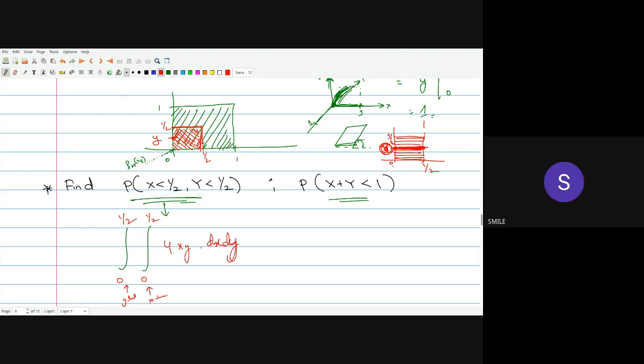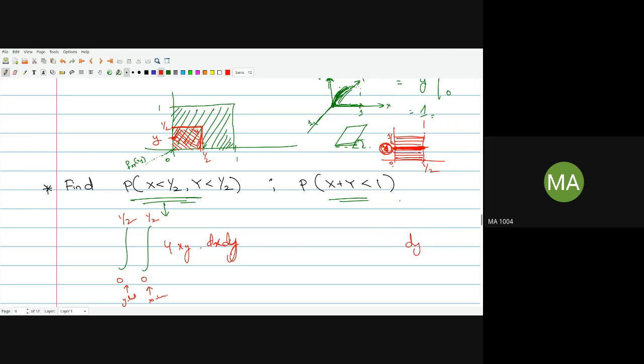Basically, to find the inner integral, we have to keep y constant. So we treat y as a constant and try to find the limits of x for that. Once we do that, y can be generalized for the whole region, right? So this is like two things. You move along this, and then from top to bottom. First find the x limits, the horizontal limits, and then the vertical limits. You can do vice versa also. It's not an issue.